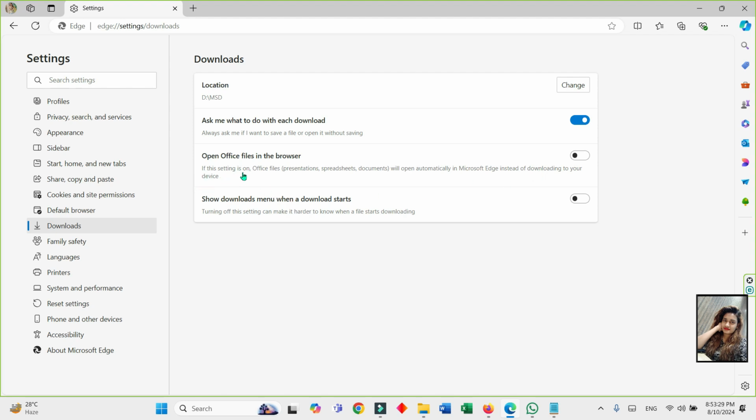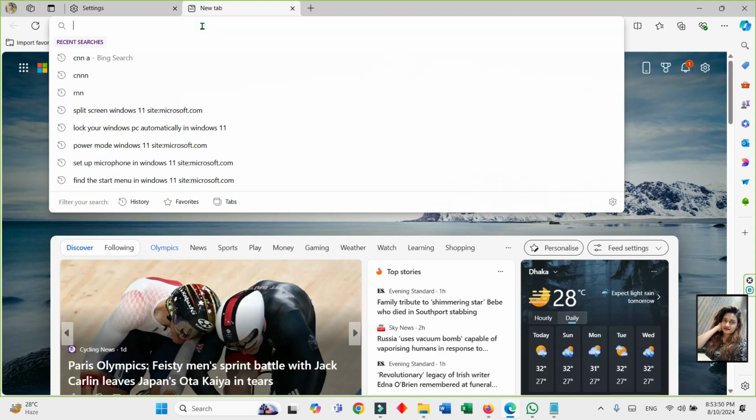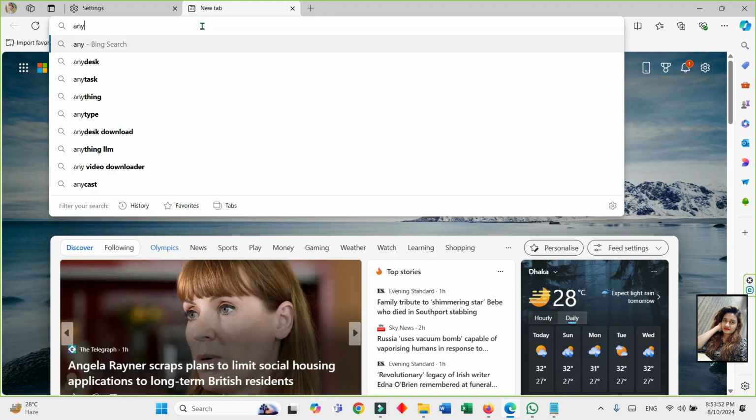If this setting is on, Office files, presentations, spreadsheets, and documents will open automatically in Microsoft Edge instead of downloading to your device. So when I turn it on, I want to check right now how any kind of spreadsheet works, so go to this or any